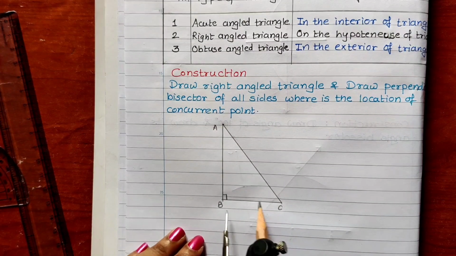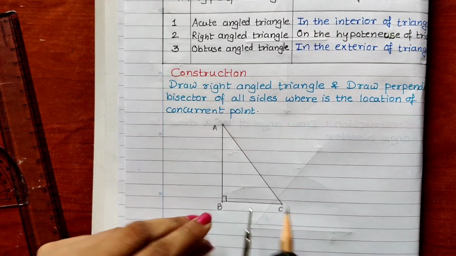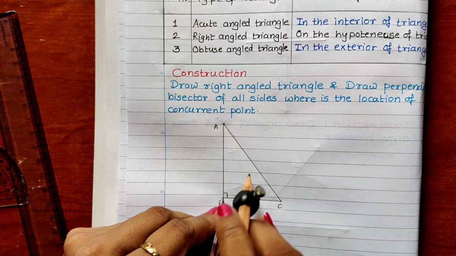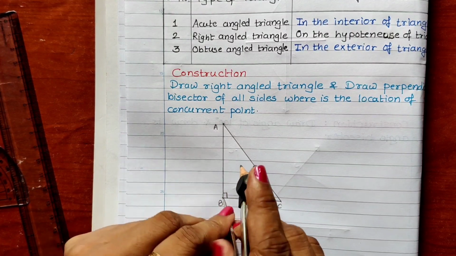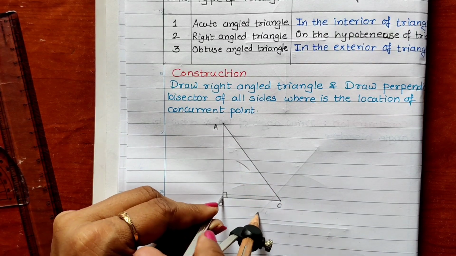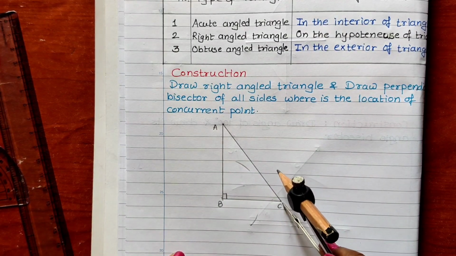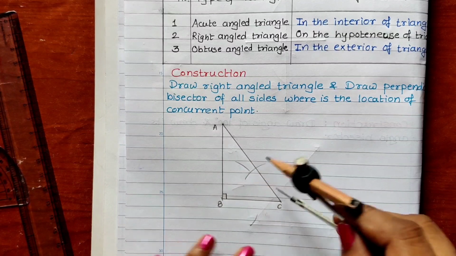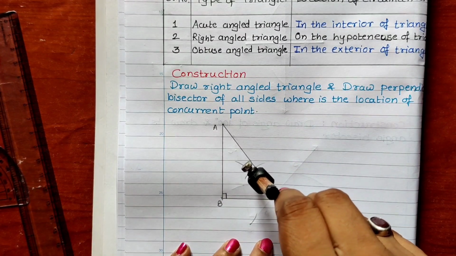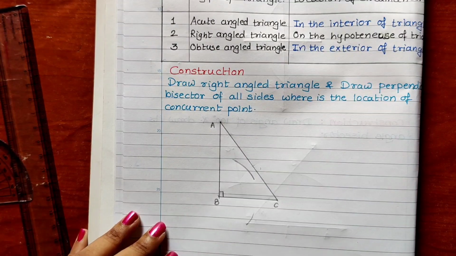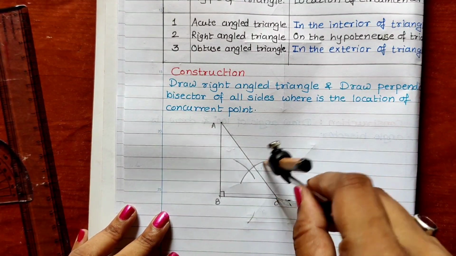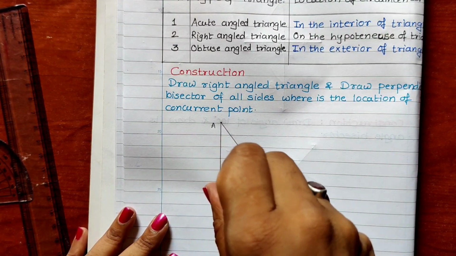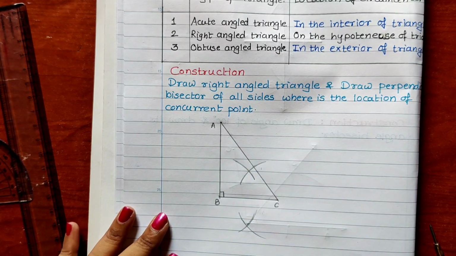We will first draw the perpendicular bisector of side BC. So place this pointed tip on point B, take more than half distance and draw one arc up, one arc down from point B. Same thing we do from point C, one arc up, one arc down. See that your compass is placed properly. The previous arc we have to increase. Okay, in this way we have drawn these two arcs.